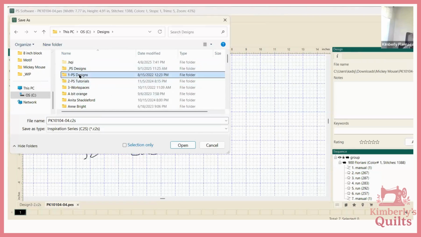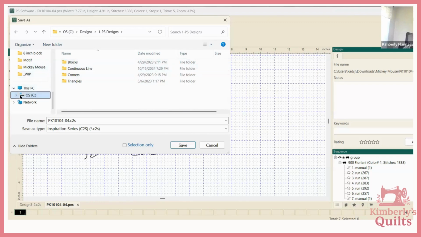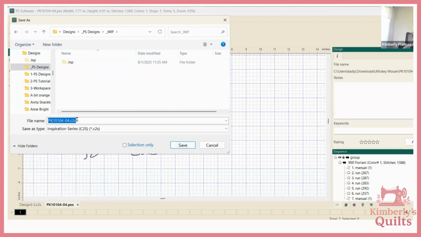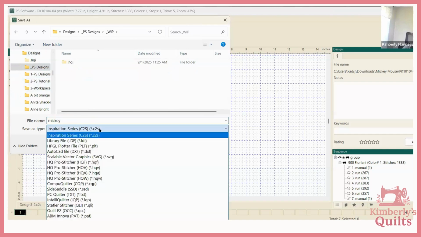And I have a folder out here that I use that's labeled _WIP. That stands for work in progress. Those are things I'm actively working on. So if I open that folder, I can save this as Mickey. And then in whichever format that I want to save this in, depending on whatever longarm